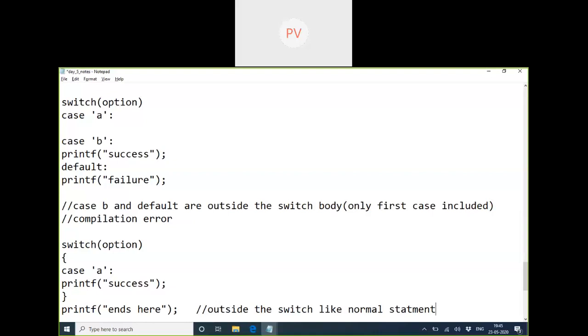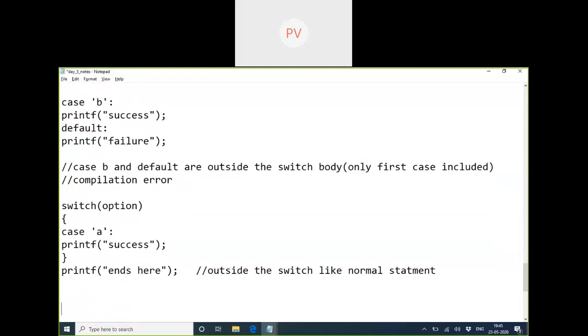So a switch can have one or more cases or no cases also. For MCQs, yes, but for real-time programming, we will definitely write a switch with more than one case only. I will not use a switch for only two options where I can use if else. When we have more options like dial 1 for broadband, dial 2 for something, dial 3, dial 4, a lot of options,